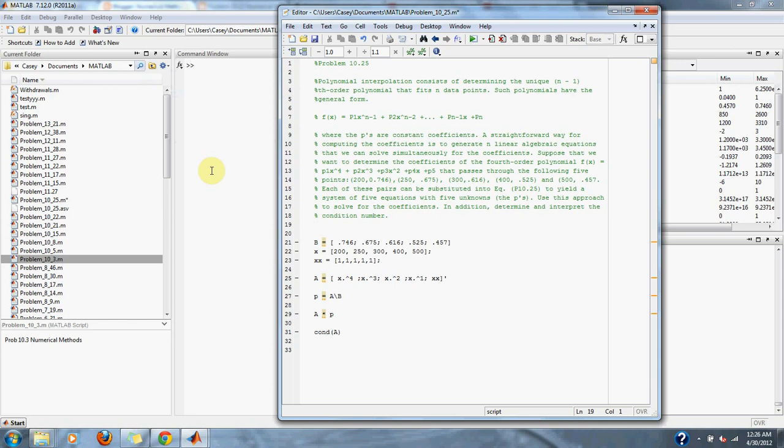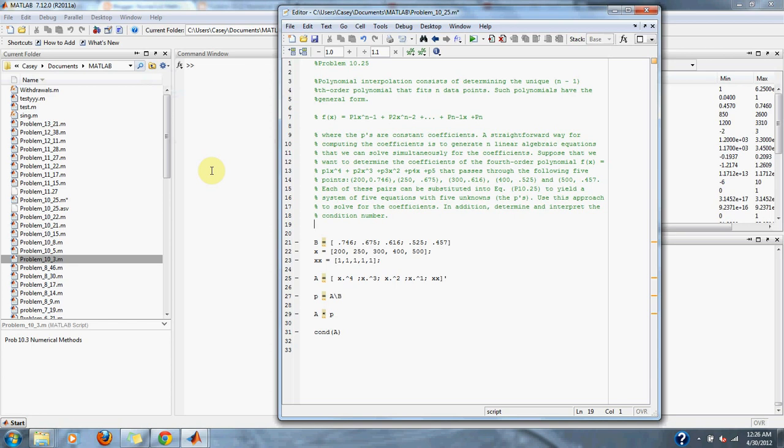Suppose that we want to determine the coefficients of the fourth order polynomial f of x equals p1 x to the fourth plus p2 x to the third plus p3 x squared plus p4 x plus p5, that passes through the following 5 points: 200 at 0.746, 250 at 0.65, 300 at 0.616, 400 at 0.525, and 500 at